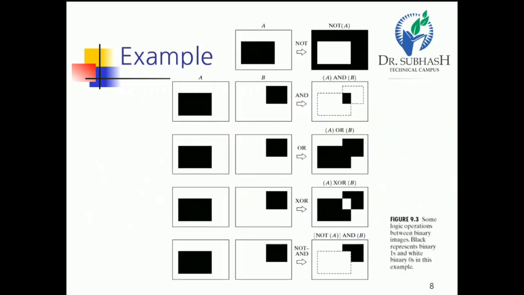So dear students, the same logic operations can be represented using images. First, figure A, and we have to perform the NOT operation. The inside of the square is represented with black, and the outside of the square with white. The complement means we perform the NOT gate operation, so inside the square is converted into white,